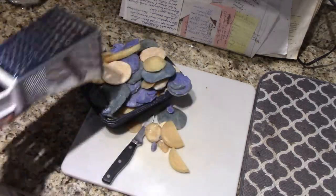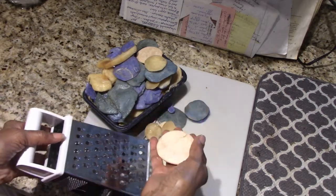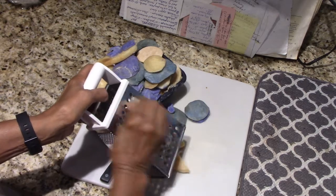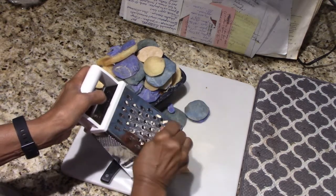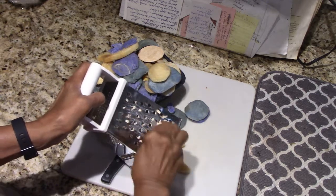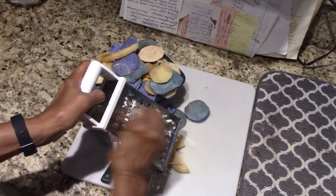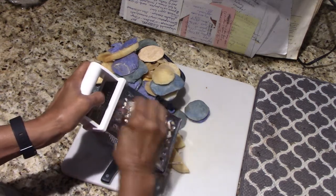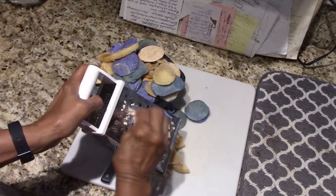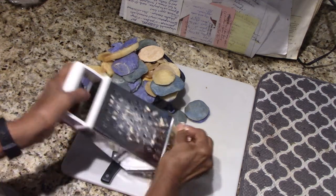So anyway, I'll take a grater, take a piece of the soap, and I go through the process of grating it down. Now the soap is really too soft, I think, to use a chopper or food processor, but if it's hard enough, or you've got enough of it, you might want to use that. Okay,